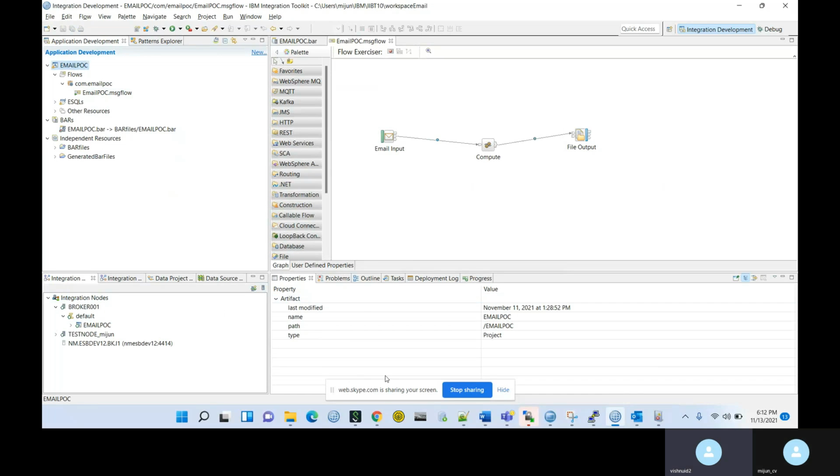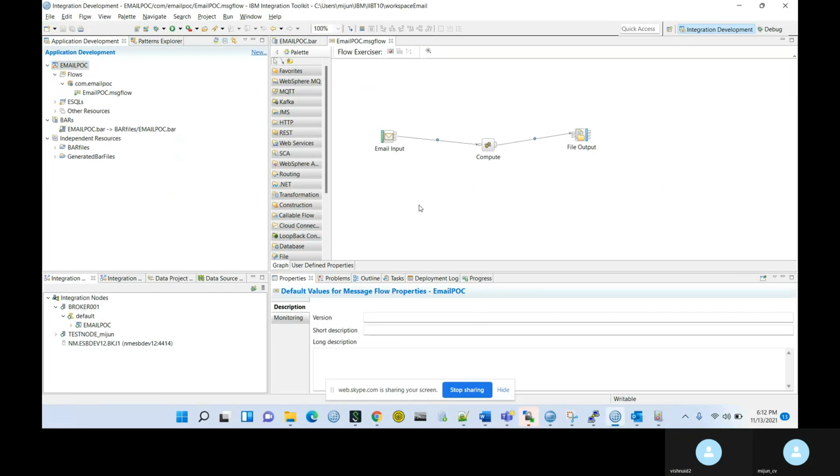Now it is 6:12. Now connect a pass-through node. Yeah, add a pass-through node.